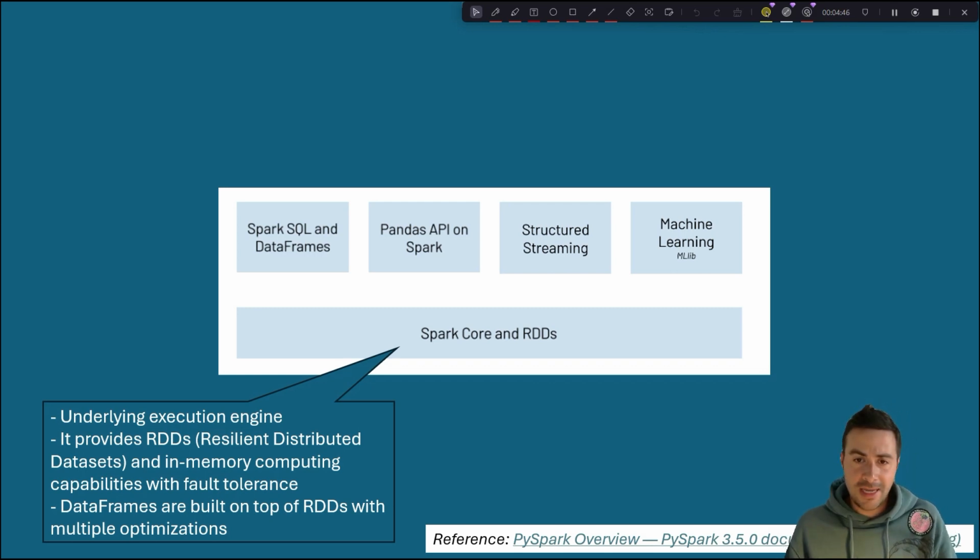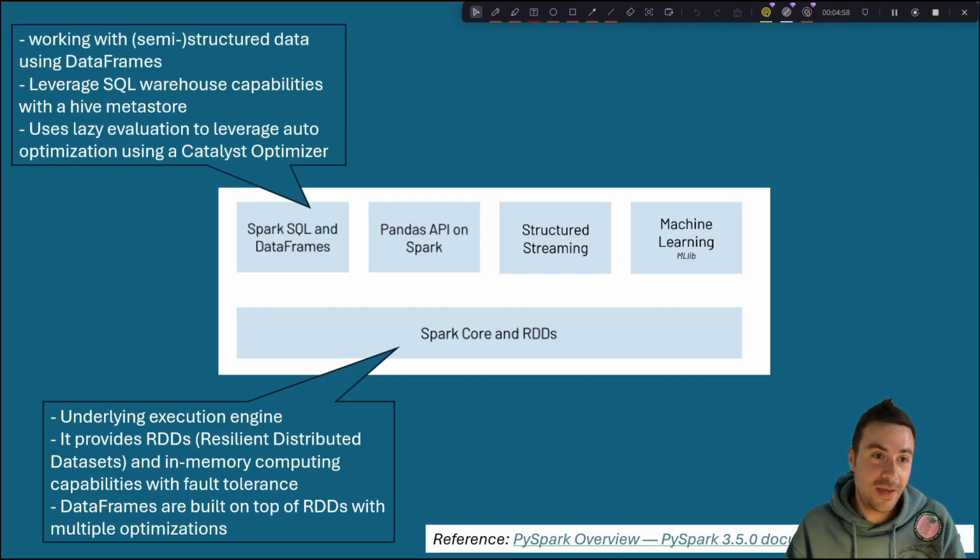And on top of those RDDs, all other components like data frames are built on top with multiple optimizations, of course. And the most important, most famous one is definitely Spark SQL. Of course, SQL doesn't mean that you have to use SQL. It's rather the point that you now have structured or semi-structured data, using data frames to work with. So like in a SQL warehouse, you can also use Hive Metastore capabilities. You can run SQL queries on top for your analytics loads, like for instance Power BI, but of course also all your machine learning